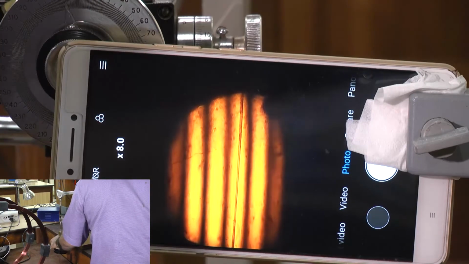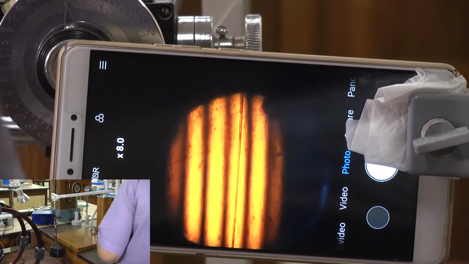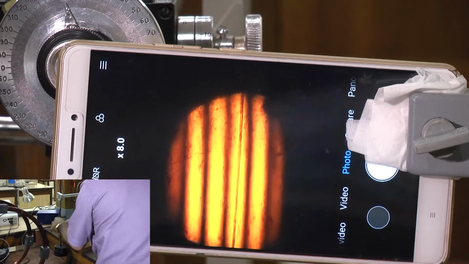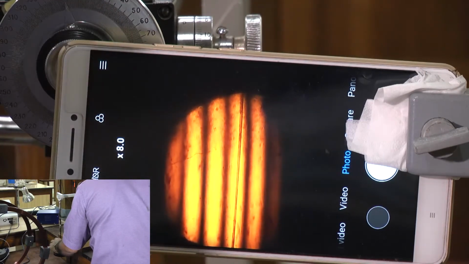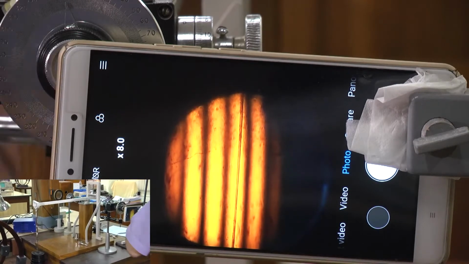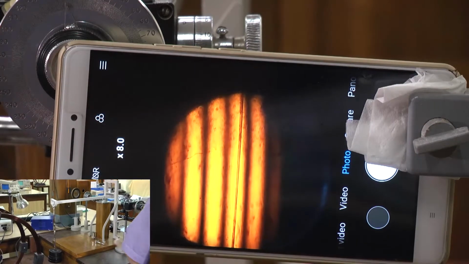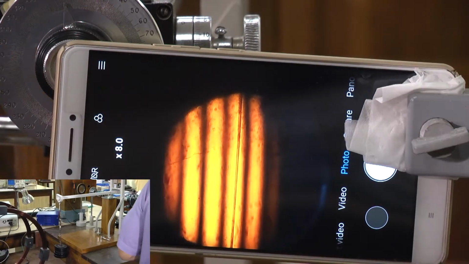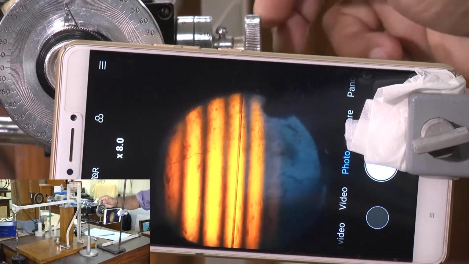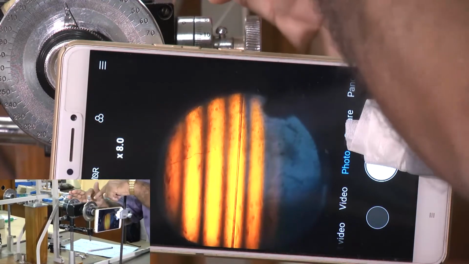I put a half kilo weight, but not much change. Then I put 1 kilo weight, and there is a shift. For this 1 kilo weight, to find out the shift, I have to note down the initial reading of this one.